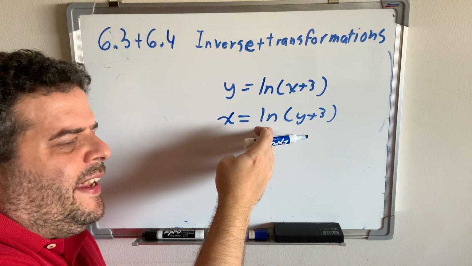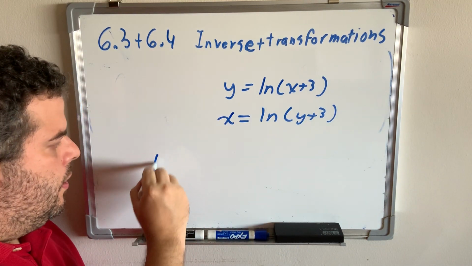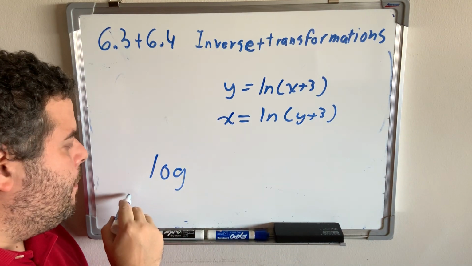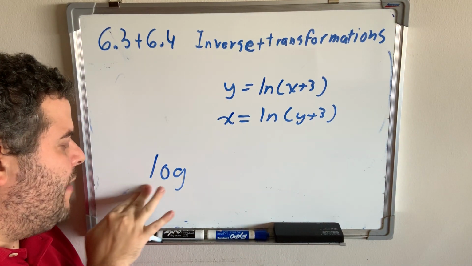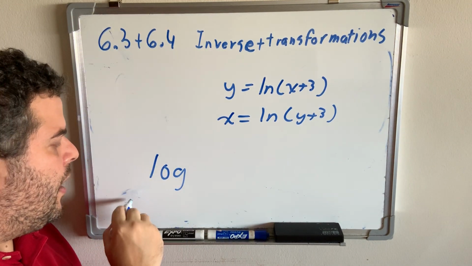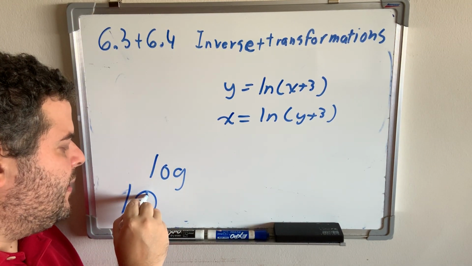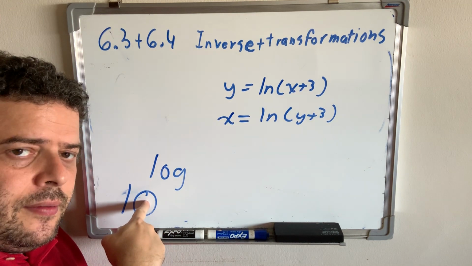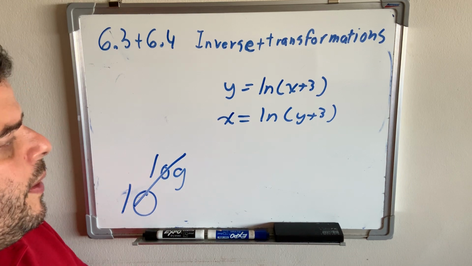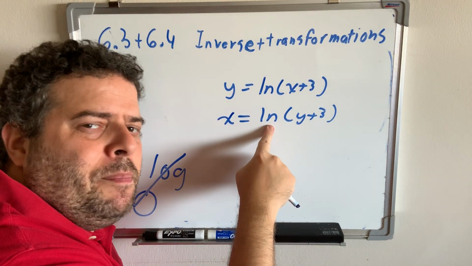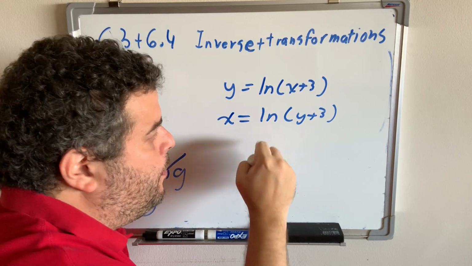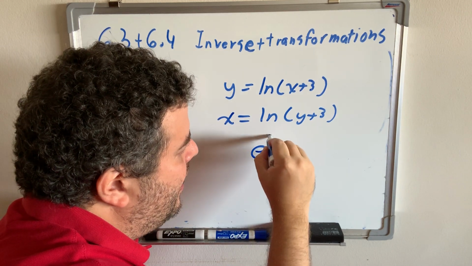When they give you a log, to get rid of that log, you have to make it an exponent. It's called exponentiation. Instead of multiplying, you make it an exponent with the base here, the same base as the log, to cancel it out. So in this case, what is the base of natural log? It's the letter e. So I'm going to exponentiate this side